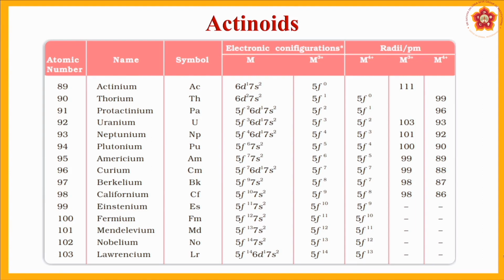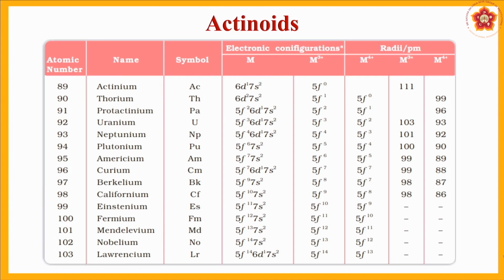Now the study of actinoids is pretty complicated for two reasons. One reason is that most of them are radioactive. Around 92, that is uranium, we may get it naturally. Thorium and uranium are both very good starting materials for nuclear reactors. But later on, as you go, those are all prepared in the laboratory and are present in very small quantities. So the study of these compounds is pretty difficult due to the radioactive nature, and they have a